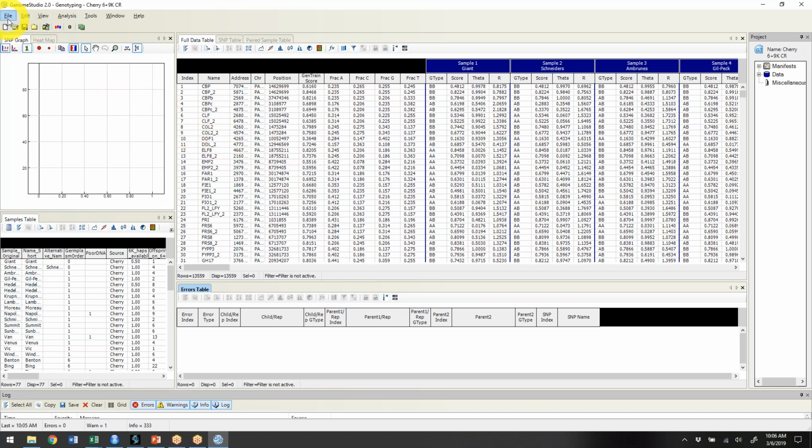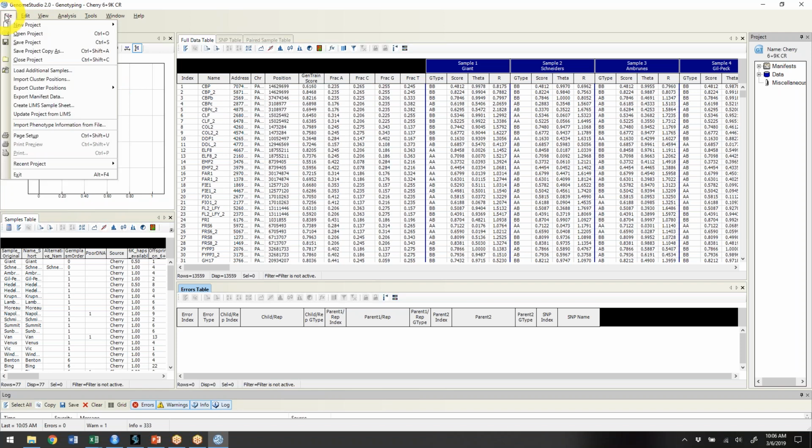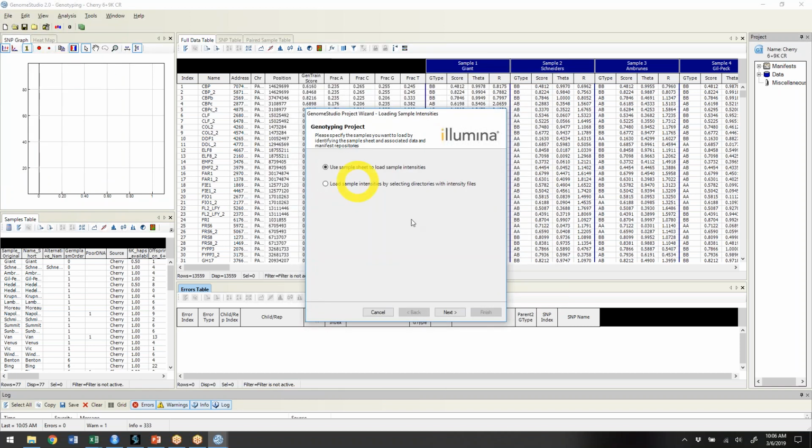At that point, I can just load in additional data by going through File, which is here in the upper left corner, and clicking Load Additional Samples here. And if I do that, then really what happens is we go through the same process again as we did before,